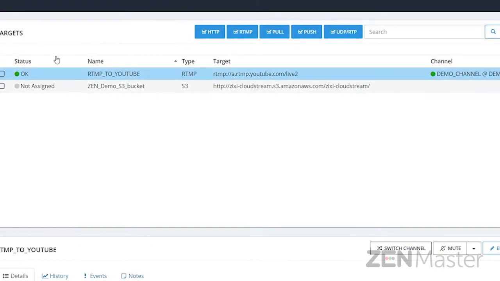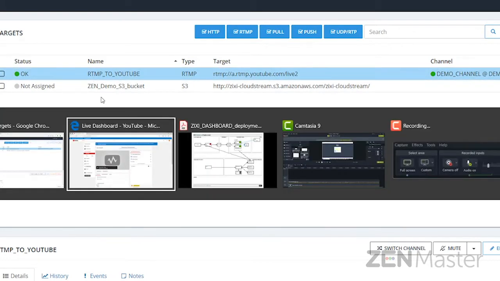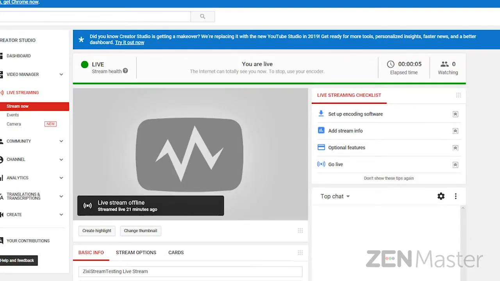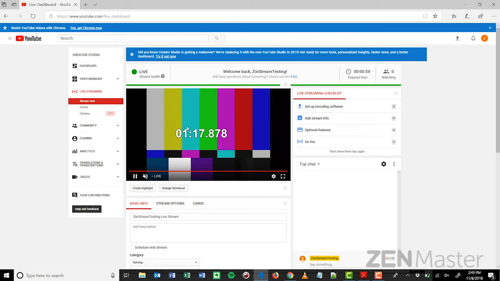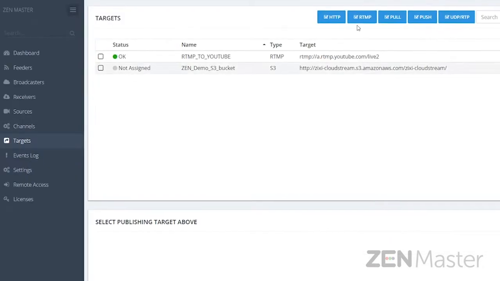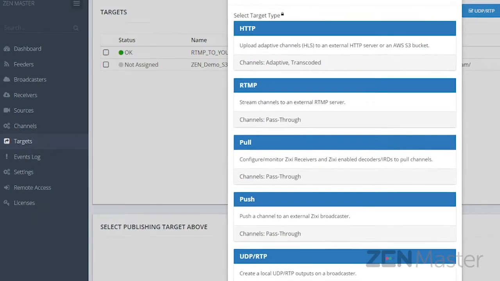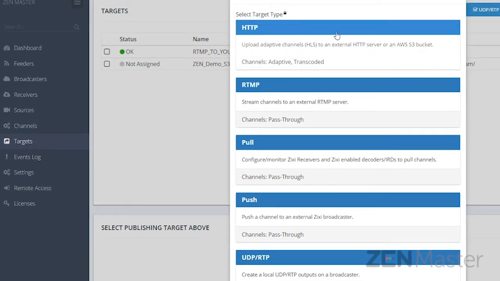we see that the target moves to an OK state. So we've started delivering data, and then back to YouTube. Should be a few moments before we start a live stream. After a few moments, we can see our stream is being delivered to YouTube, and we can check it in the YouTube's backend player. Other target types include HTTP push targets, such as Akamai Net Storage,